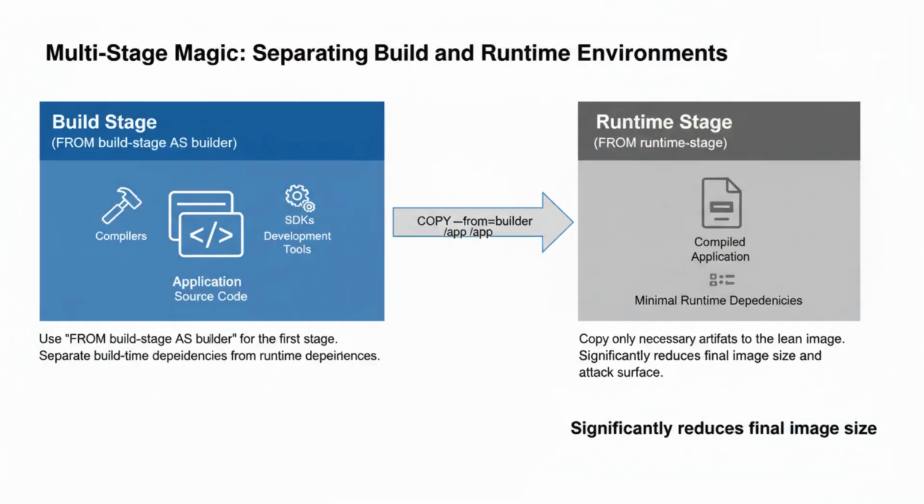Multi-stage builds are arguably one of the most powerful techniques for optimizing container images. The core idea is to separate your build environment, which often requires many tools and libraries, from your lean runtime environment. Instead of keeping all your compilers, testing frameworks, and development dependencies in the final image, you use an initial builder stage to compile your application. Then, in a second, much smaller stage, you only copy the essential compiled artifacts and runtime dependencies. This strategy ensures your final production image contains only what's absolutely necessary to run your application, significantly reducing its size and potential attack vectors. It's like baking a cake in a fully equipped kitchen, but only serving the cake, not